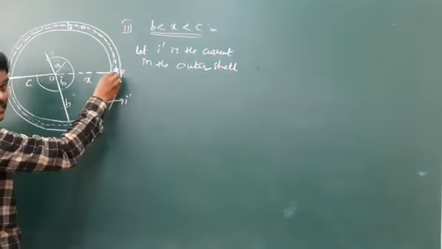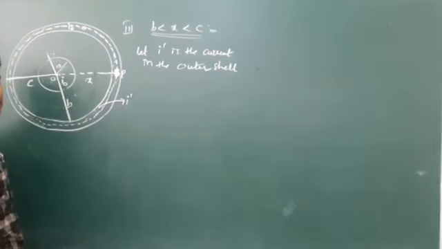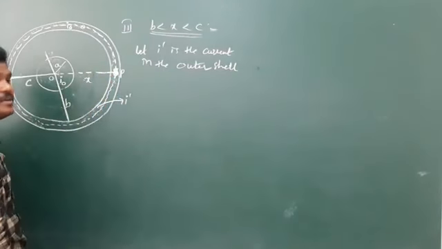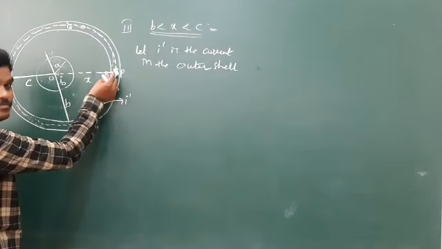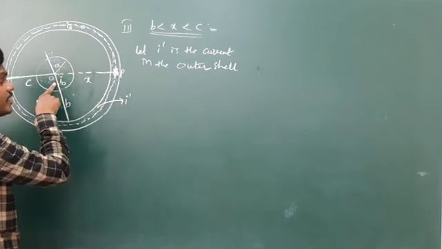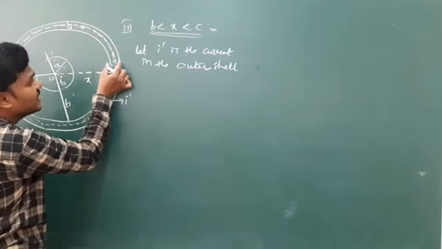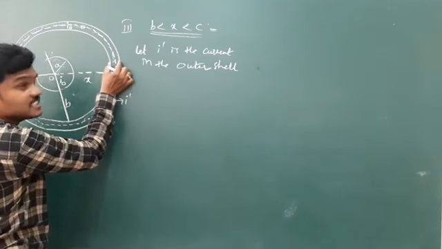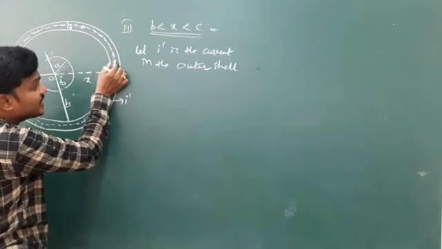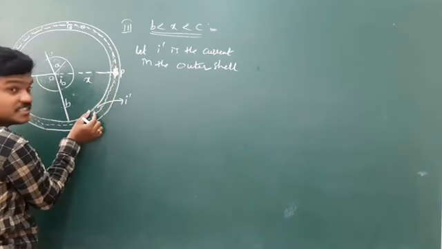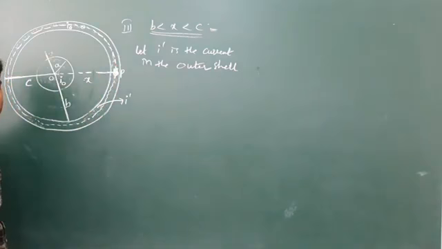Okay, the outer shell within this Amperian loop. Only this loop, only this I am calculating. I am not adding and subtracting this one. Let me find how much current is there in this region. If it is a complete shell, I naught is the current. But how much is there in this region? Let me find that, I dash, first.